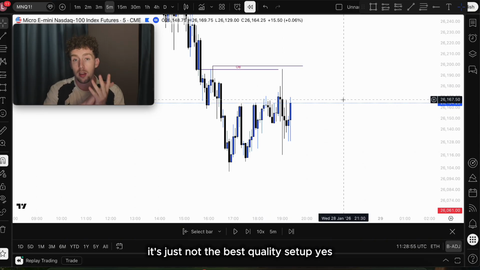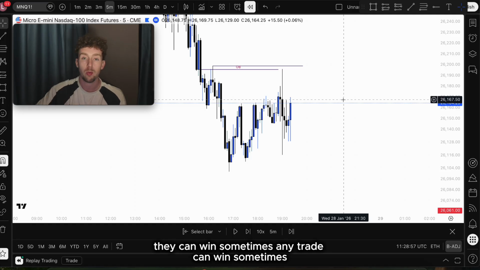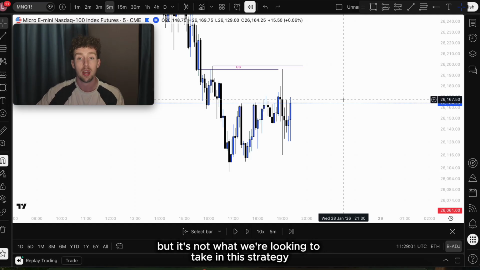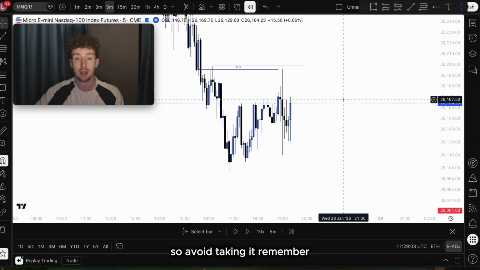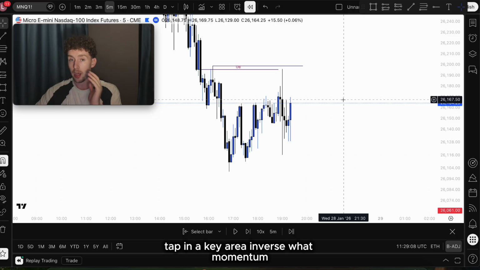It's just not the best quality setup. Yes, they can win sometimes. Any trade can win sometimes, but it's not what we're looking to take in this strategy. So avoid taking it. Remember, work at the start, draw on liquidity, tap in a key area, inverse with momentum,